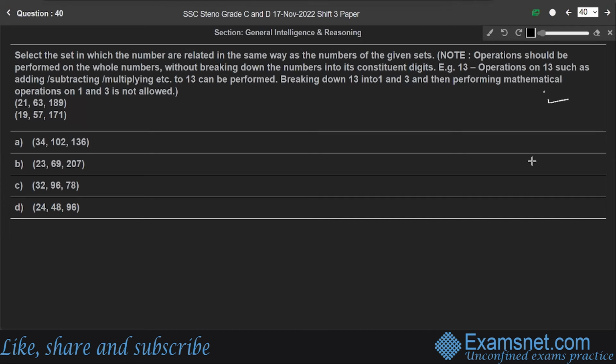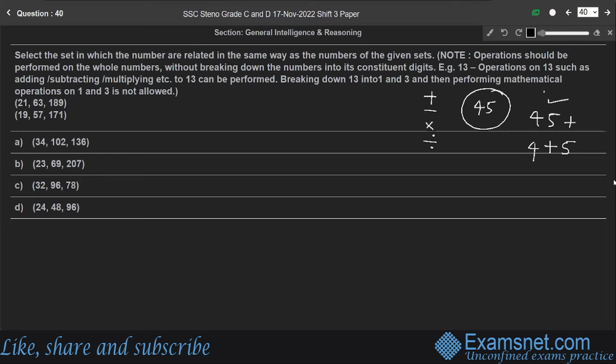Question number 40. Select the set in which the numbers are related in the same way as the numbers of the given sets. Note that any operation should be performed on the whole numbers. It may be addition, subtraction, multiplication, or division. For example, with 45, addition should be performed on the whole number 45 itself. We should not break down 45 into the constituent digits 4 and 5